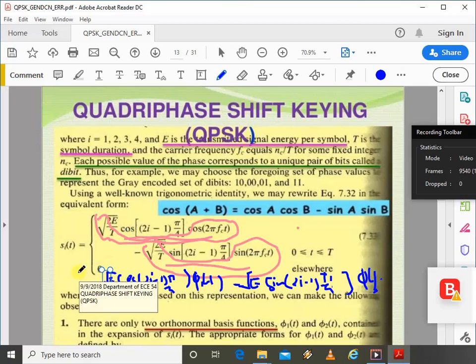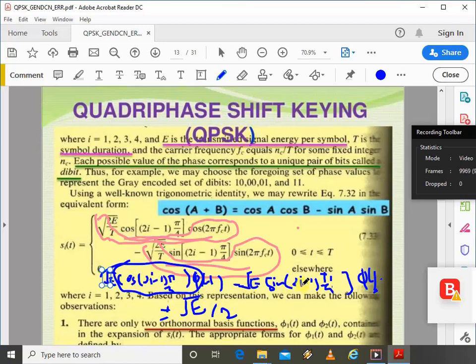So this is how we can express the signal Si of t as the addition of the two basis functions. Here you come to know that by keeping the value of i equal to 1, 2, 3, 4, the magnitude of cos of pi by 4 will be 1 by root 2, cos of 3 pi by 4 will be 1 by root 2, cos of 5 pi by 4 results in 1 by root 2. So the result of this will be square root of E by 2 with the sign either plus or minus. This is basically nothing but the magnitude of the two signals S1 of t and, let me say, S2 of t.